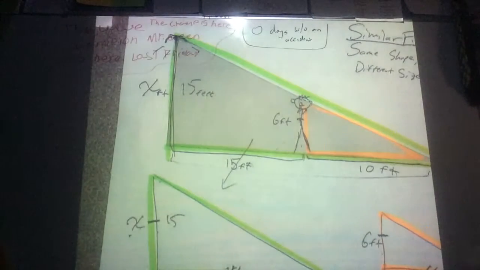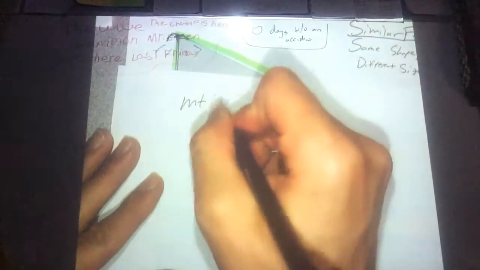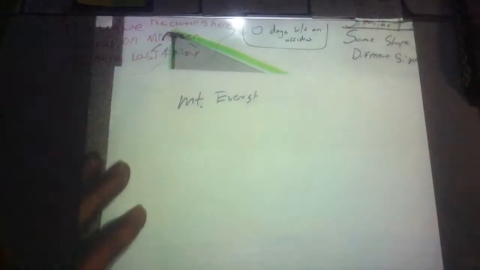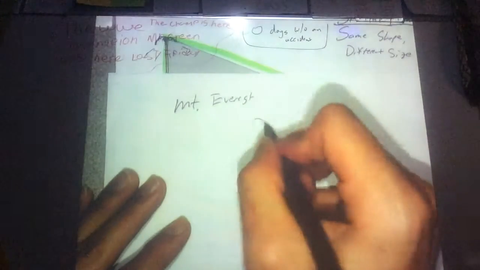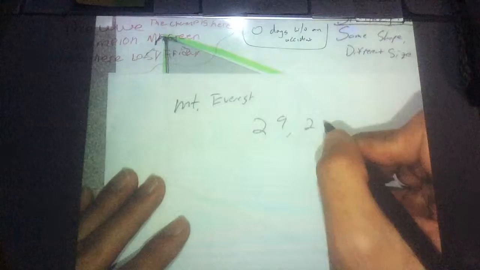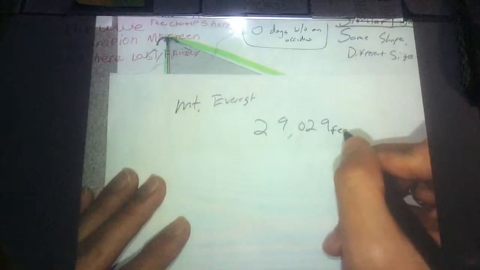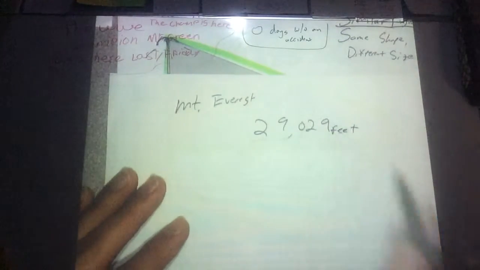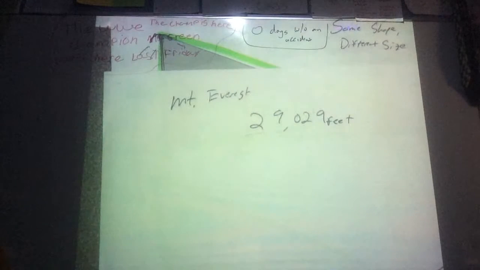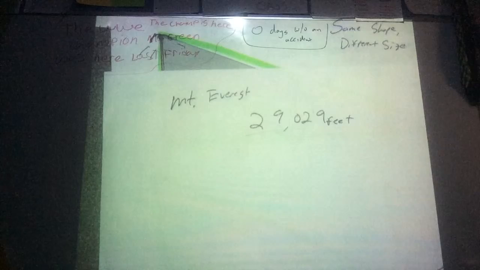So, interesting fact, I threw an interesting fact in one of the other videos. Mount Everest is the highest mountain in the world. I think it's about 29,029 feet, something around there. There are different measurements. Scientists can't have an accurate measurement because you can't drill